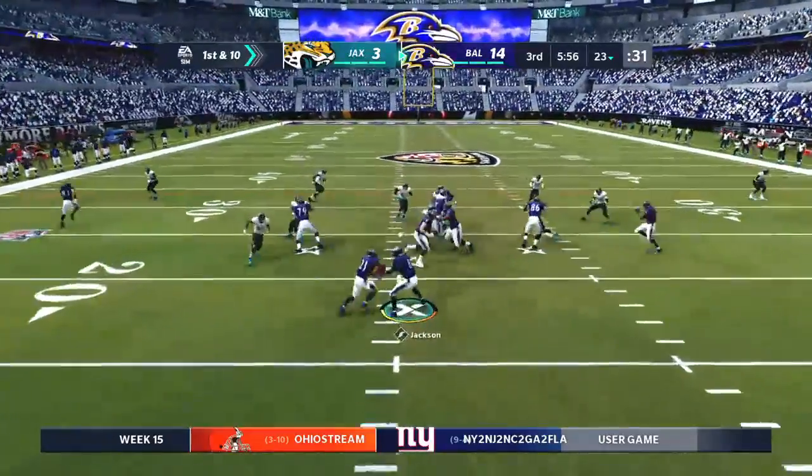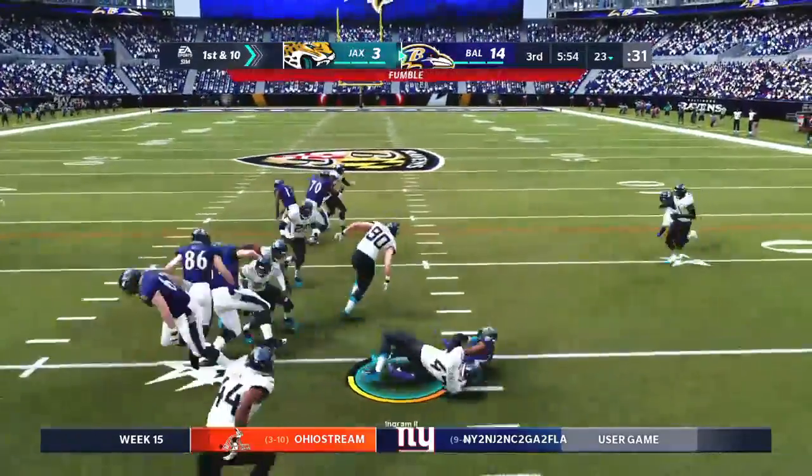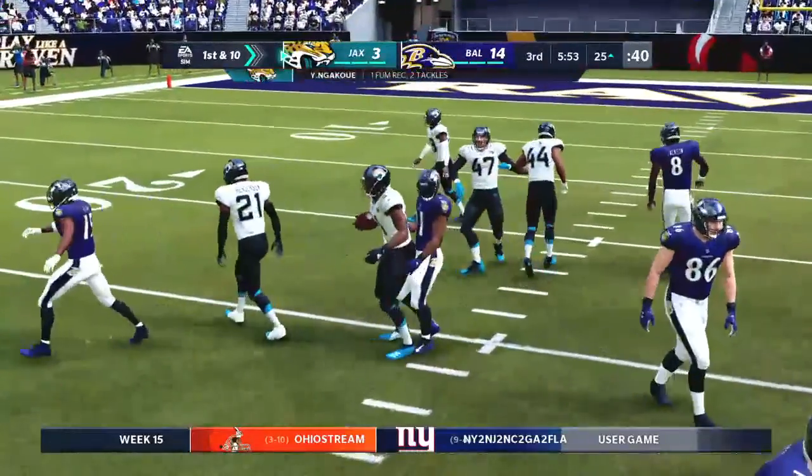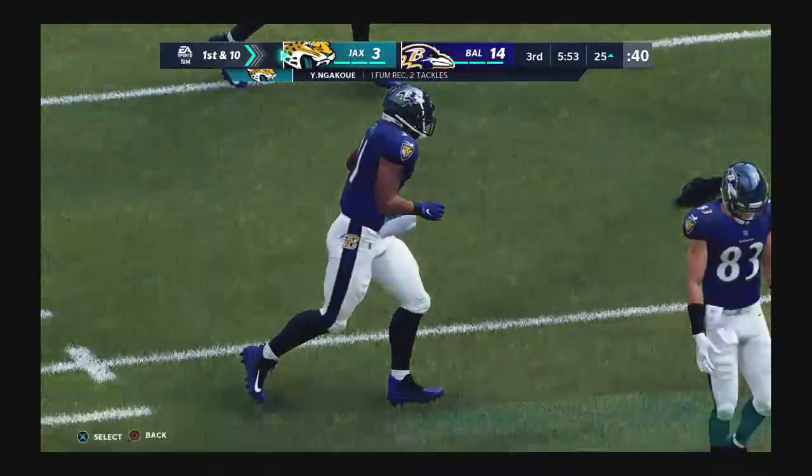And what I'm thinking is that the offensive staff... Ingram churning. He lost the football. And the Jags grab it. And his guys will take over at...